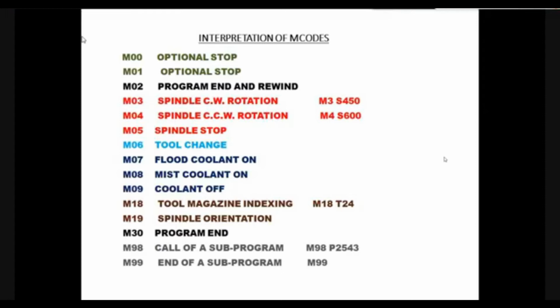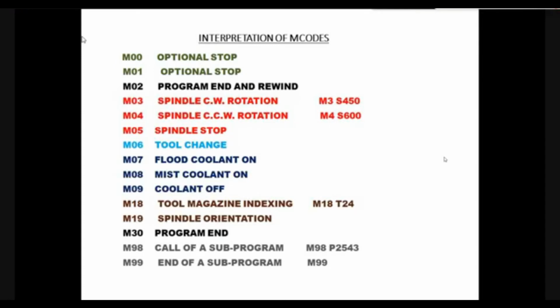It is flood coolant on. Flood coolant on means, as in general everybody sees, the coolant is supplied by a tube or a nozzle provided by the side of the spindle. That is flood coolant. And the next one is M8, mist coolant on. Mist coolant means the coolant will be supplied along the axis of the cutting tool. Okay, the coolant comes out of the holes provided on the body of the cutting tool. Okay, and M9 or M09 stands for putting off the coolant. Okay, or coolant off. So even if you give a command M7 or M8, to put it off we have to use M9.